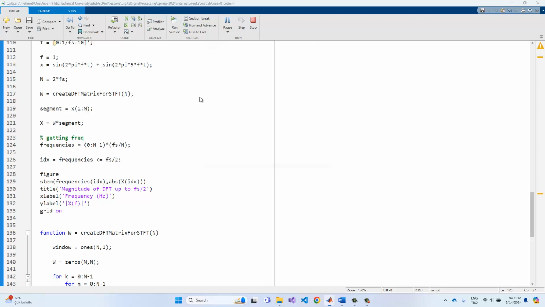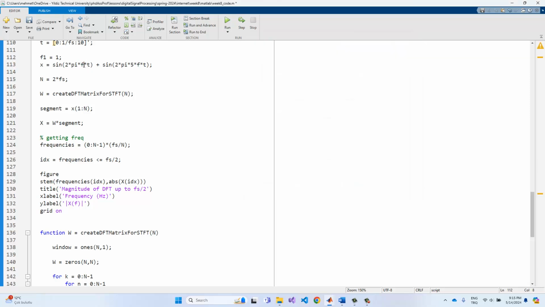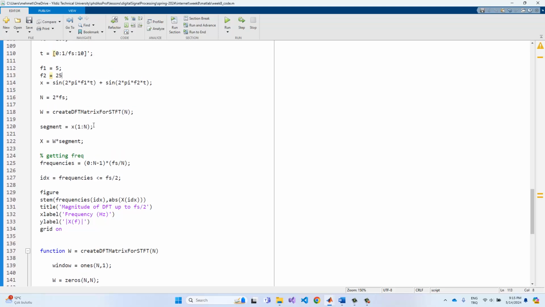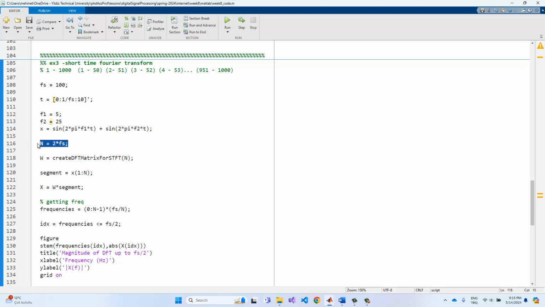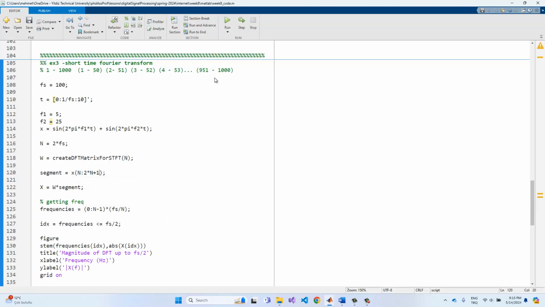After that, if I choose to implement these segments, we will see that we have x as the 1 values, and also x with two frequencies, f1 and f2, which can be given here. For example, f2 is 25 and f1 is 5. In this case, we can create these matrices, just like in the first segments. We can also search another segment, for example, n 2 times n plus 1. If I rerun this code,